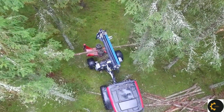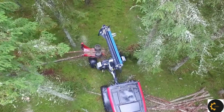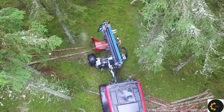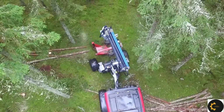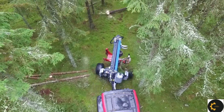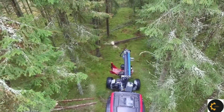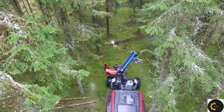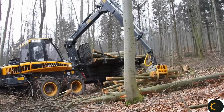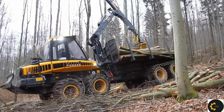Automation features in the processor head streamline operations, from log measuring to cutting optimization, further enhancing productivity and reducing operator fatigue. The HYPRO 755HB wheel-carried tractor processor plus FG45 represents a pinnacle in mechanized forestry equipment, combining the precision and efficiency of the HYPRO. The Ponsse Buffalo King relay machine is a prime example of cutting-edge forestry technology designed to